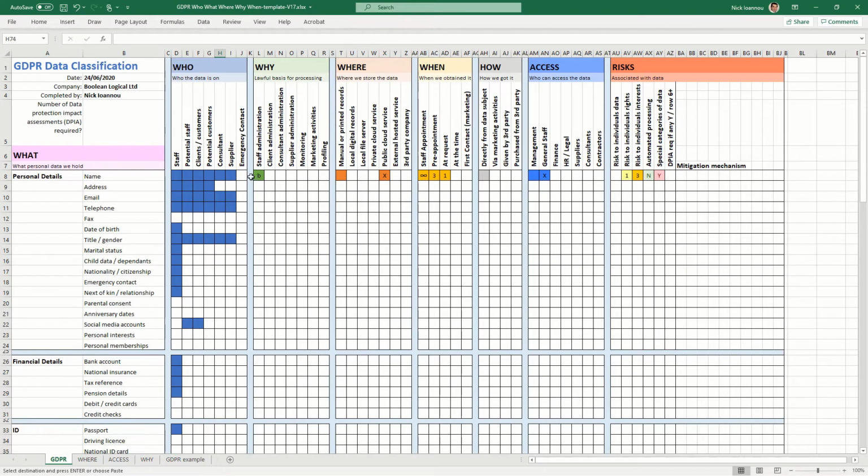Lastly, we have emergency contacts. These are your staff emergency contacts. These people have no connection to your business typically. They are not customers, they are not staff, they are not consultants or suppliers, but you hold information on them. So typically you'll have a name, address, and email, and a title, and that's pretty much about it for them. So that's the Who section